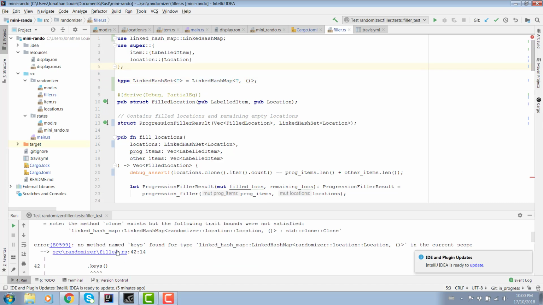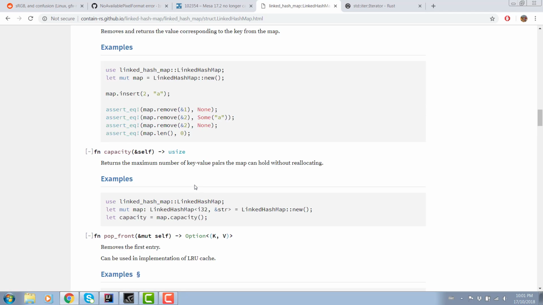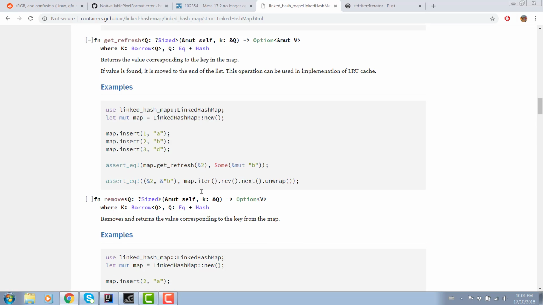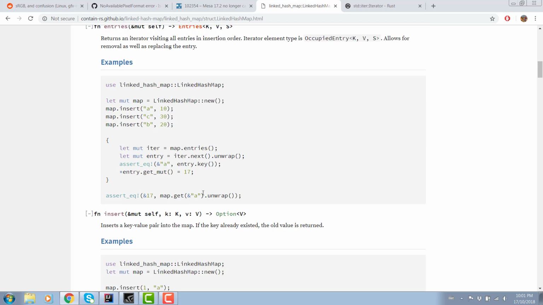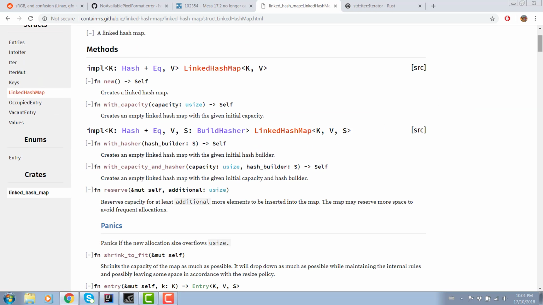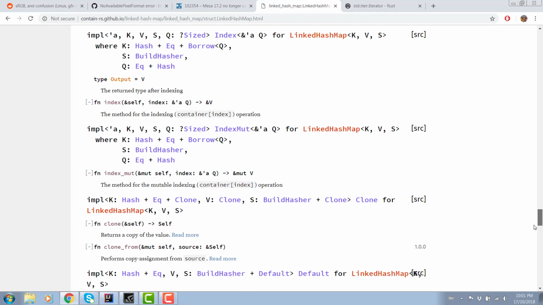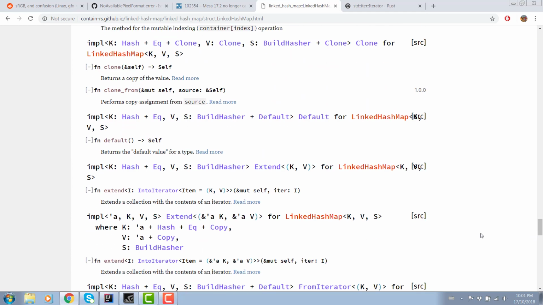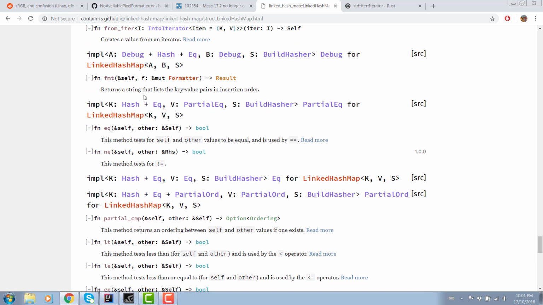No method named keys found. Oh, that's even more annoying. Why can't I do that? There's supposed to be like a keys method, right? I guess there's not much of a hash set if I have to actually specify the keys, not the... Yeah. This is actually going to be a bit of work, isn't it? This is. Okay, well, we have something to do in the meantime. Yeah, we certainly do.